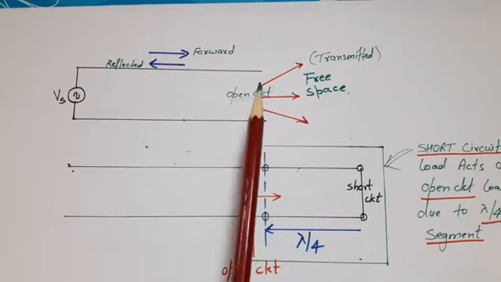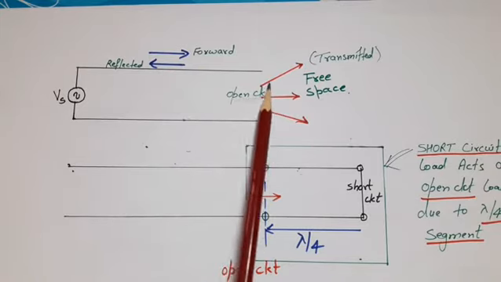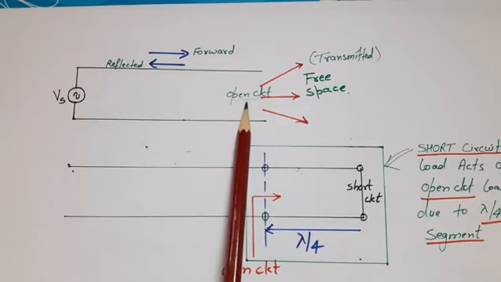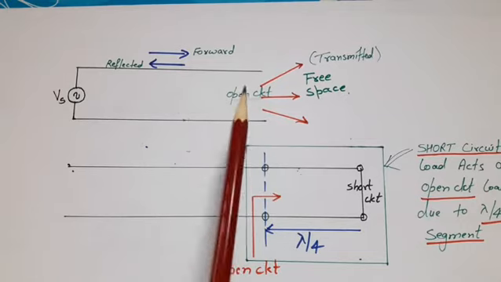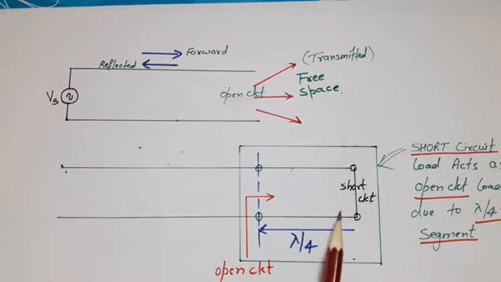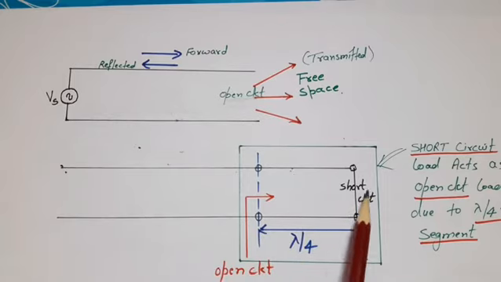So the question arises, is there any other way by which we can analyze an open circuit condition without getting error? The answer is yes. For analyzing the open circuit condition, we put a short circuit load on the transmission line, and now we move a distance of lambda by 4 towards the source. As we studied in the previous lecture, after a movement of lambda by 4, an open circuit load converts into a short circuit load and a short circuit load converts into an open circuit load. So as we have moved a distance of lambda by 4, if we look at the load impedance from here, then instead of short circuit we will see input impedance infinite, meaning open circuit condition.